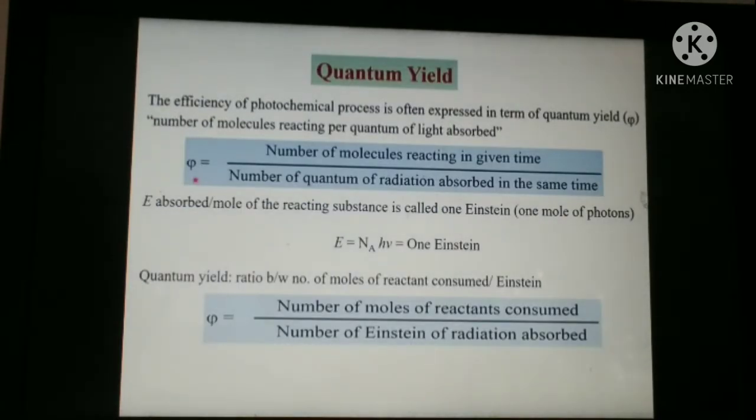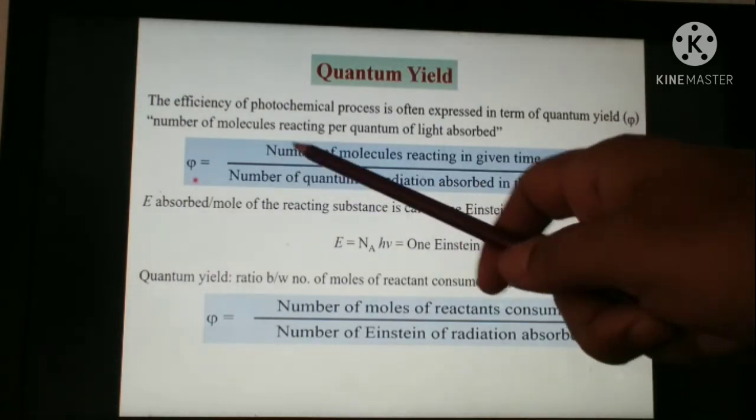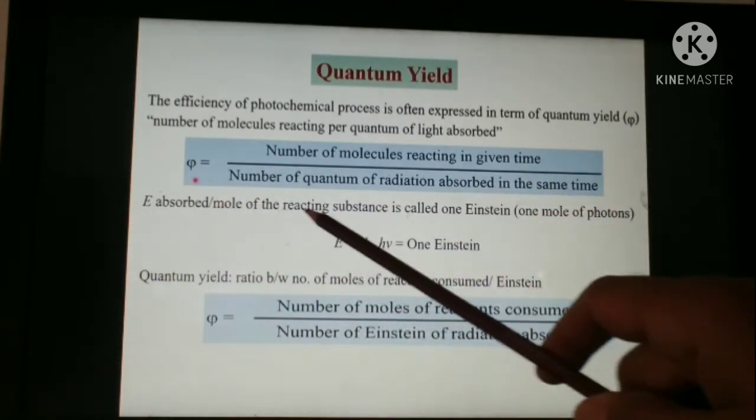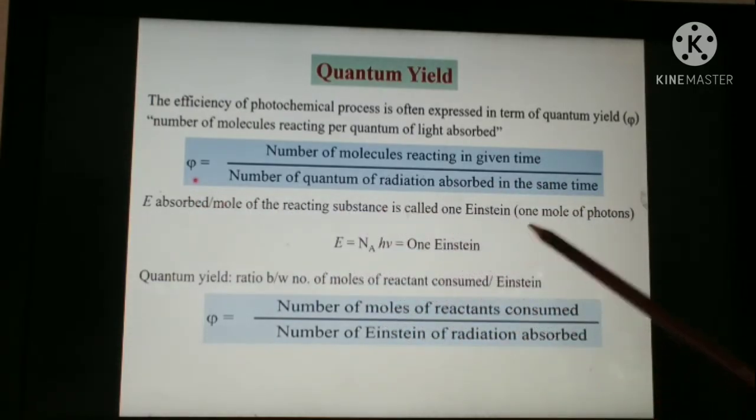So this is the quantum yield. When we deal with the second law of photochemistry, this also gives us the quantum yield concept. The efficiency of the photochemical process is often expressed in terms of quantum yield, which we represent with this symbol psi. So it's the number of molecules of reactant in a given time over the number of quanta of radiation absorbed in the same time. The energy absorbed per mole of the reactant substance is called 1 Einstein, or 1 mole